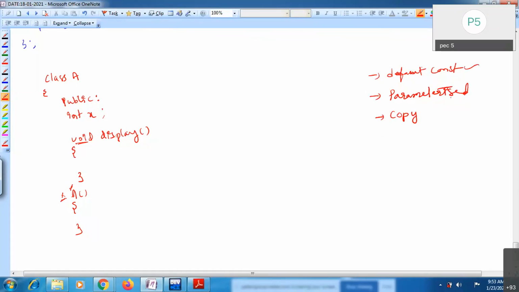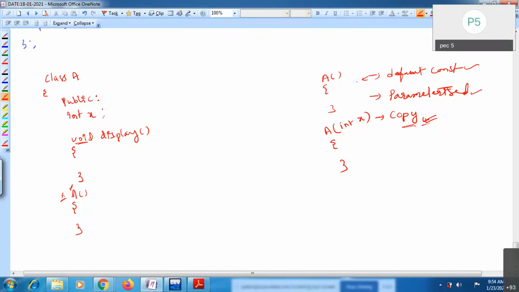Default constructor, parameterized constructor, and copy constructor. Default constructor means it won't take any parameters. Parameterized constructor will take some parameters like int x. Copy constructor is different. It is going to copy one object into another object. We already discussed that in the second unit.